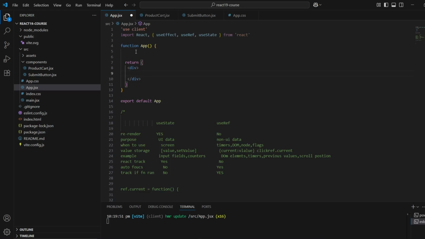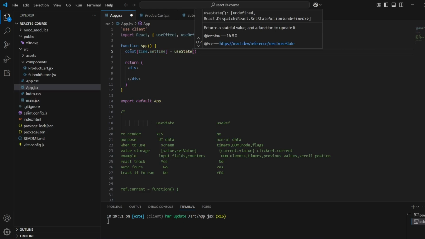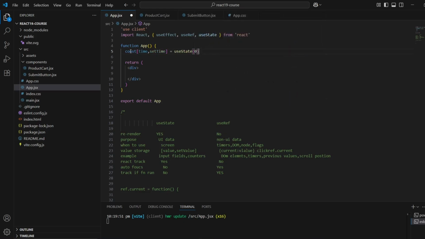Why useState? Because I need to show the time in the UI, so that's why we have to use state instead of ref, right? So let's create a state const, let's name it time, and its setter function setTime, and by default let's give it a value of 0, since the timer always starts from 0. Okay, now let's show this time value in the UI.